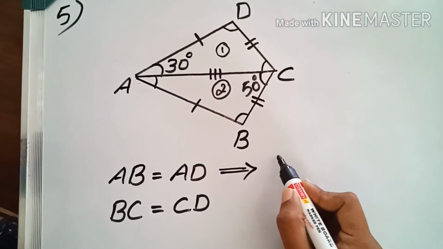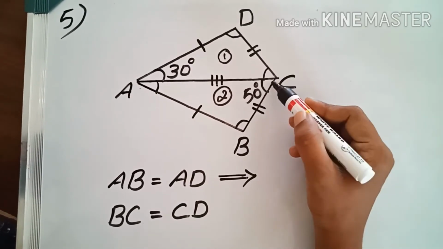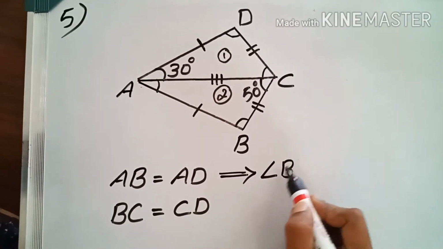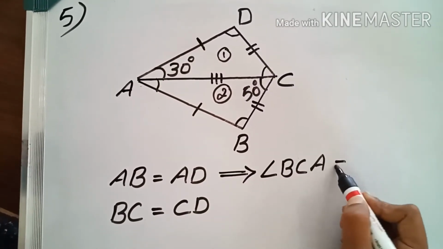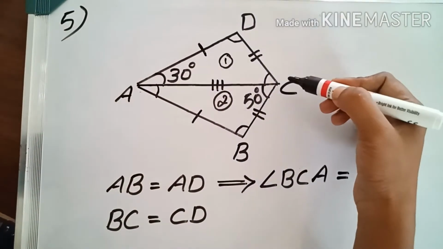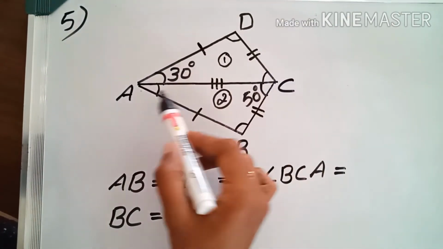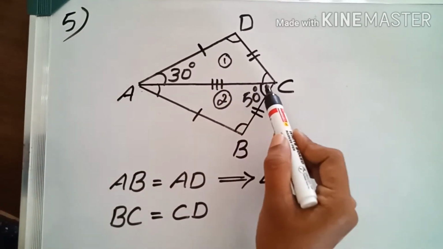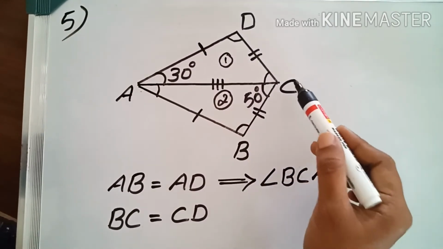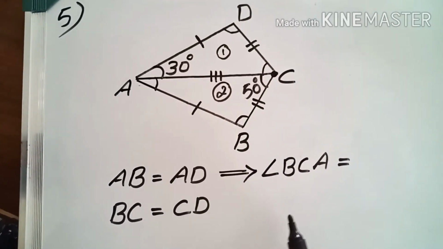Okay. So angle C, here a common side is there. So we have to specify the angle. Specify the angle means BCA. So angle BCA equal to AD. Next side is AD. That means here, its opposite angle is this one. Same C here, but the angle is different. Angle different means the side is here. This common side divides these two triangles. Okay, so we have to specify the angles. Don't write angle C because the vertex is common here.